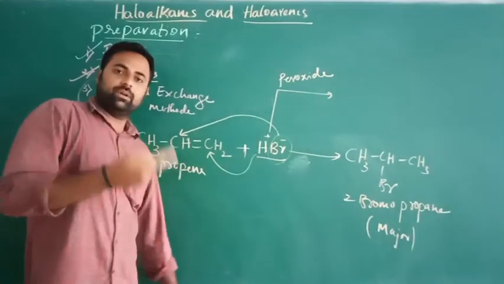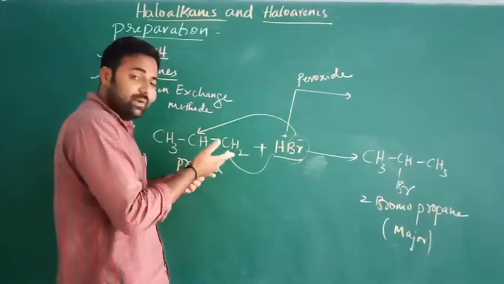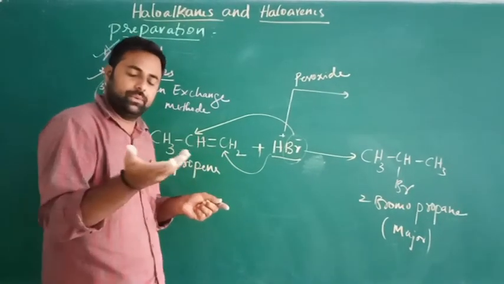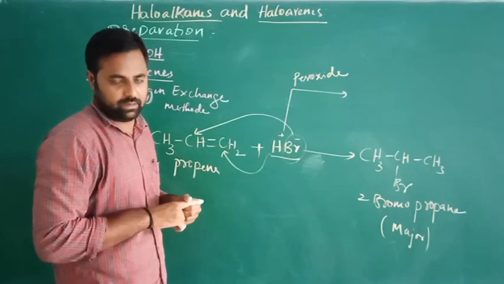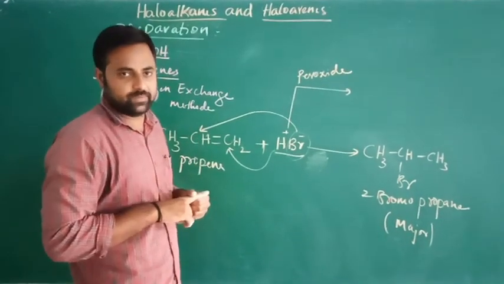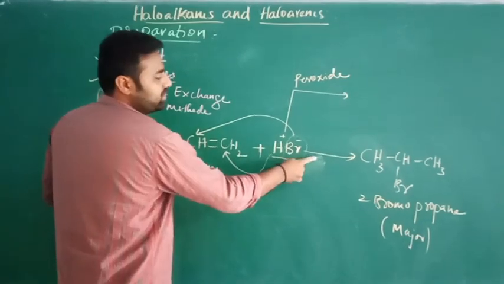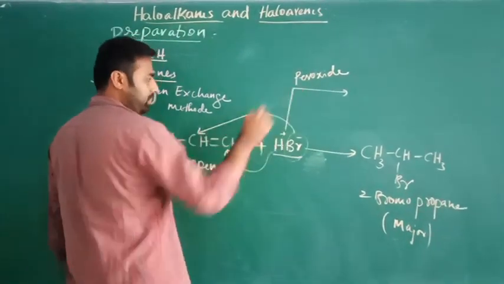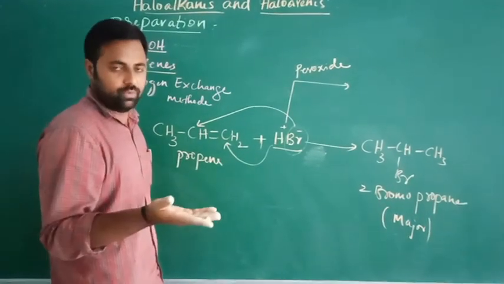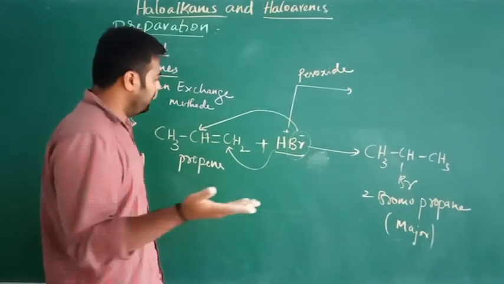This organic peroxide catalyst alters the reaction. This peroxide converts the electrophilic substitution reaction into a free radical mechanism. In the presence of peroxide, a free radical reaction will take place, and that will also give a product. In the absence of peroxide, it gives 2-bromopropane. In the presence of peroxide, the anti-Markovnikov rule will apply. Means the anti-product will form. How?